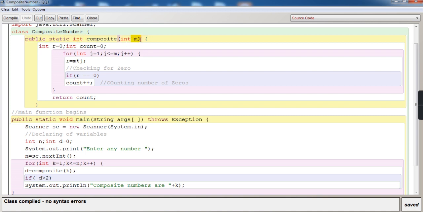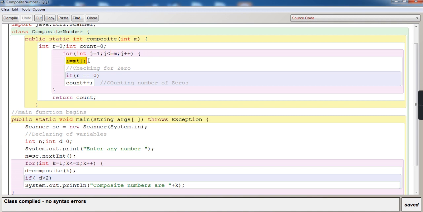As I said, k has already passed the value to m, m becomes 1 now, and it enters the body of the function, and there are some variables declared that we need for this function definition program. Again there is a for loop over here, and the for loop will move for how many times? That is m times, and m is 1. So the loop starts with j is equal to 1, 1 is less than or equal to 1, that is true. j is 1, m is also 1, and there's the equal symbol over here. 1 is equal to 1, true. As it is true, it will go to the next line.